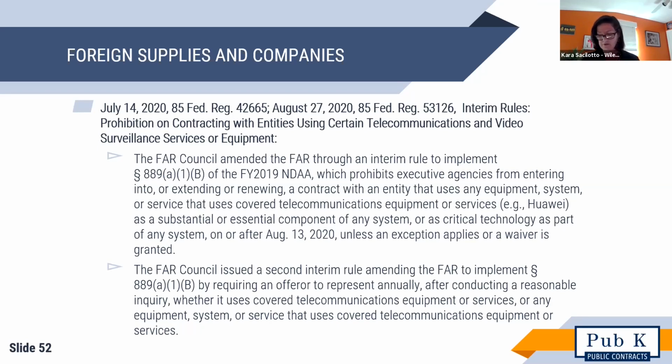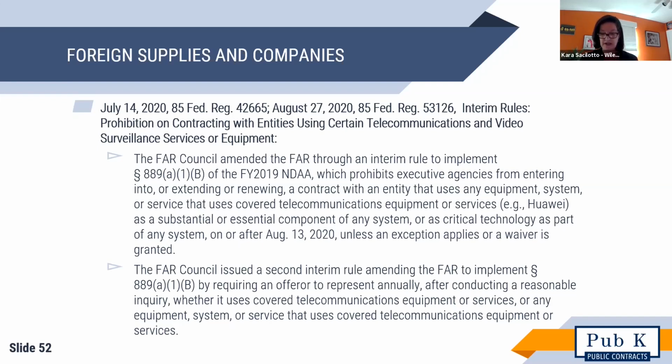The interim rule also confirms that the compliance obligation applies to the entity that executes the contract at issue, the prime contractor or the offeror. As good as that might sound in limiting the obligations, I should note there's also an open FAR case that is considering whether to extend the rule and restrictions to affiliates, parents, and subsidiaries of the offeror, which will significantly expand the burden of checking for covered telecommunication systems. The FAR Council has received comments on that issue, but it has not yet issued a final rule on it.